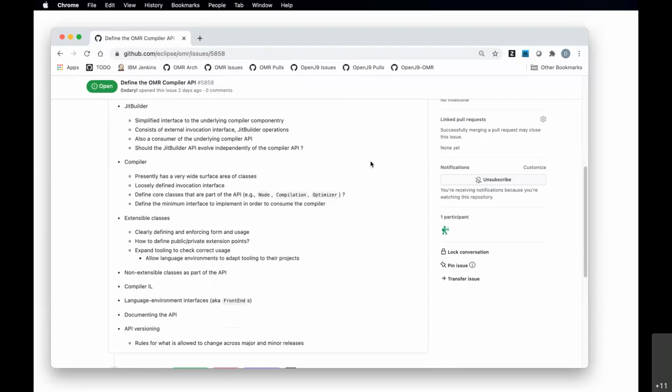Probably the most important ones are the ones that have to be implemented by JIT Builder, like the JIT Builder project, the extension, right?